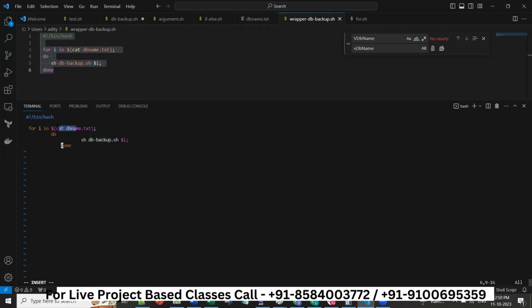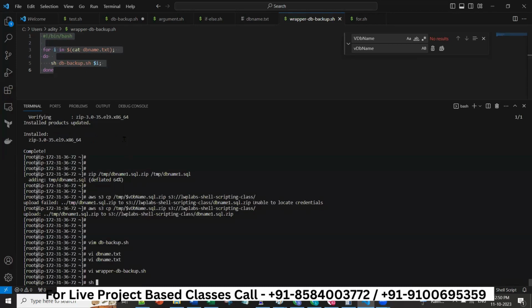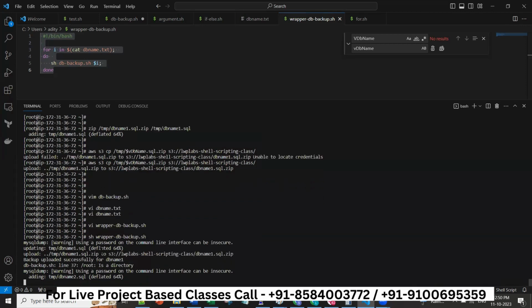First it will cat this file, take one by one database name, and then pass this variable here one by one. This is my $1. Now save this. Now if I run this wrapper script, it should take backup one by one,